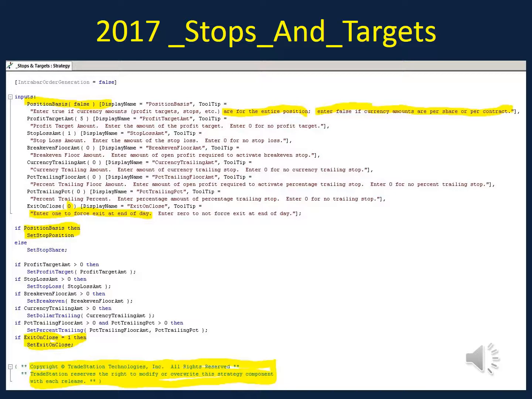But that's the changes that they have made, and you can see the copyright notice doesn't have a year on it anymore, but that's what the new one says. Now, you can use this with BarNone. There's no problem. When I wrote the last recalibrations, I was using a new TradeStation 9.5, and so in the BarNone recalibration, it picked up this particular stops and targets because they overwrote it.